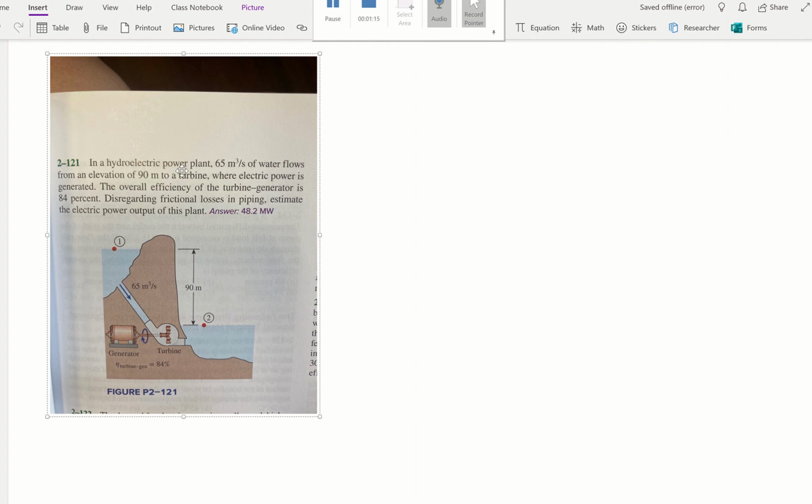Hydroelectric power, this is something we just need to know: hydro means water, so you use water flow from high altitude, since it has high potential energy. They convert that mechanical energy of the fluid to this shaft rotating here, and this shaft rotates inside the magnetic coil, so that generates electricity. Okay, so they told us there's a volume flow rate V dot of 65 meter cube per second